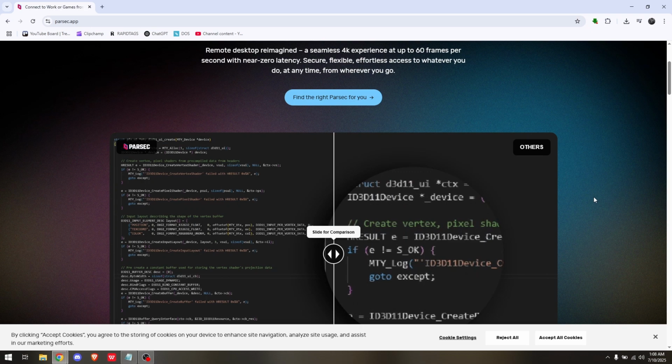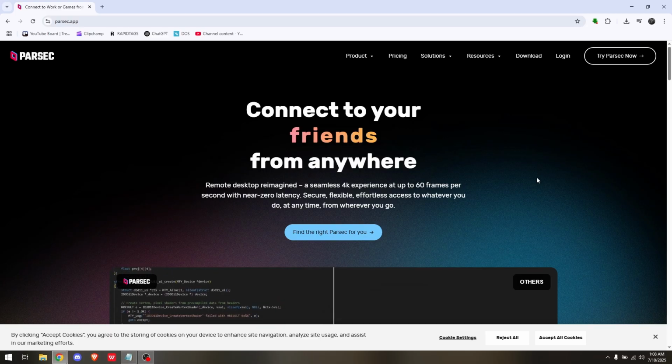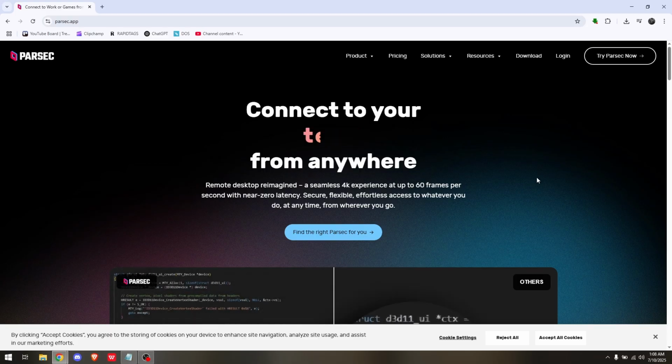How to optimize games with Parsec. Now, basically, what we are going to do is just lessen down or lower down specific settings directly from